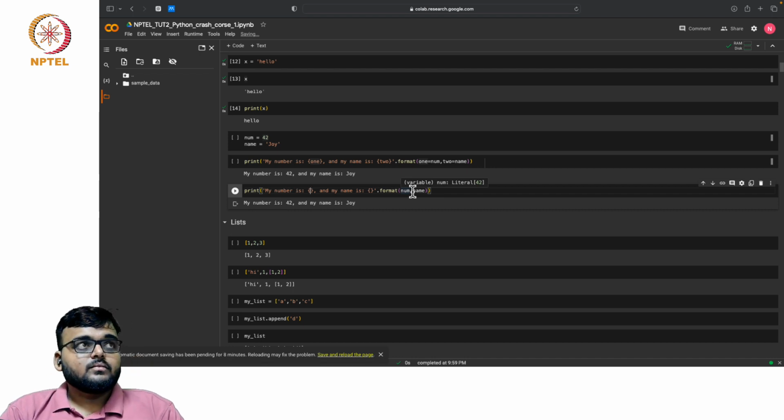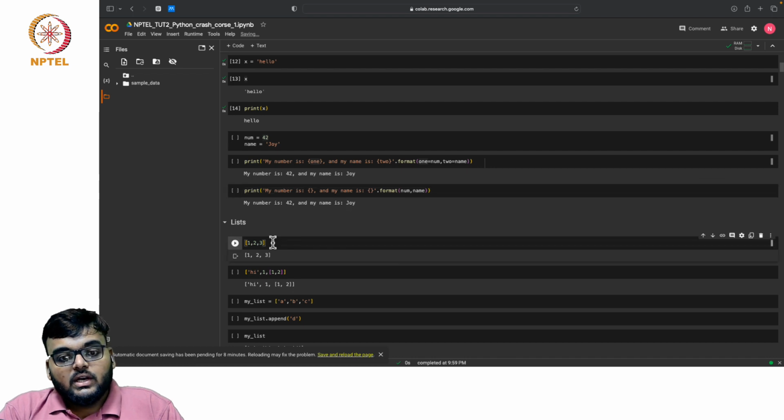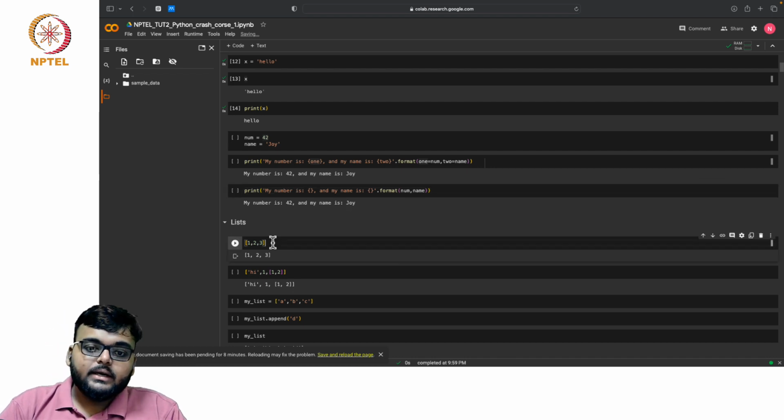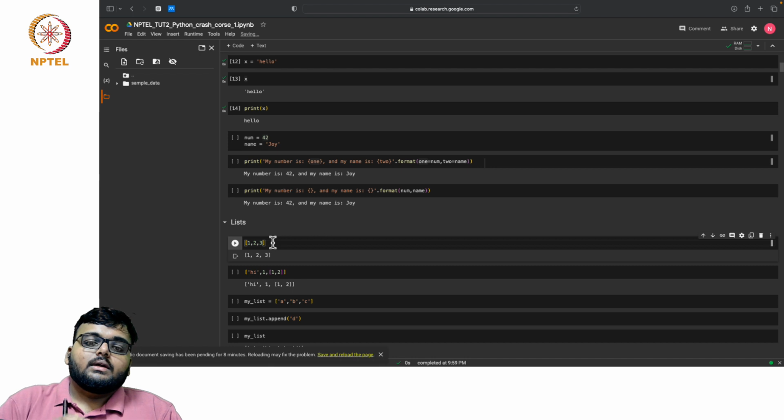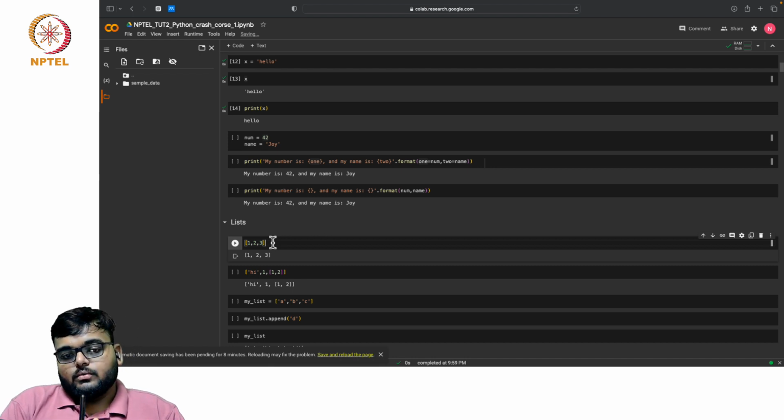Okay, now coming to something called list. This is something important. Just like we make a to-do list or a grocery list, there is something called list in Python. We saw what a variable is. Now, if you want to store multiple things in a single variable, then we can use a list. So a list is defined as shown here